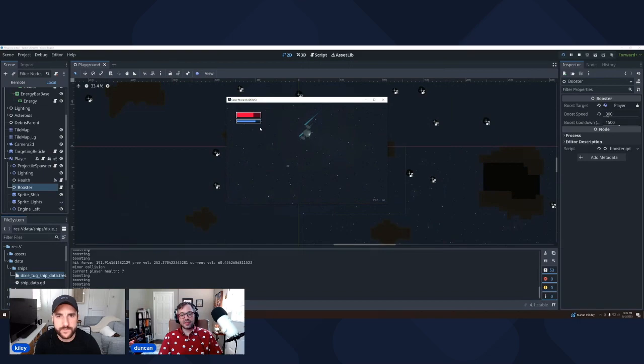So one thing I thought would be interesting to add is to create basically an energy bar, right? An energy system that is what your boosting would depend on. I've actually got the bar already here, but it's not connected to anything. Cool. So this blue bar. The idea is that your blue bar would be constantly ticking up as your ship's reactor is replenishing energy, and then your boost would cost, I don't know, half the bar. We can play with that a little as we get into it.